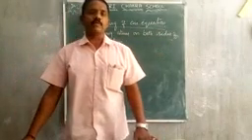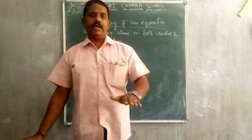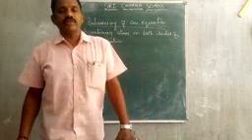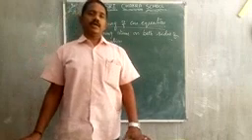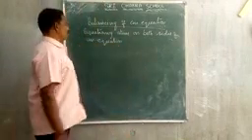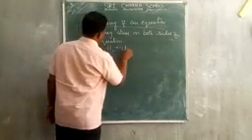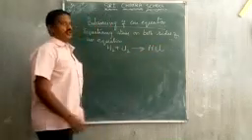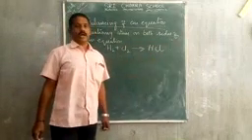What are present on both sides of an equation? On the left hand side, reactants. On the right hand side, products are present. So, balancing of an equation means equalizing atoms of reactants with atoms of products. For that, I have taken the equation hydrogen and chlorine giving HCl. Hydrogen combines with chlorine to form hydrogen chloride.